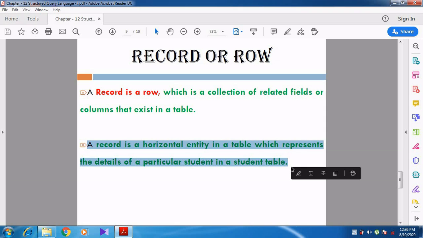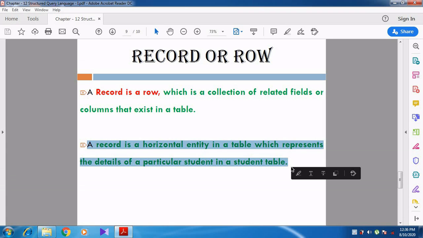It is a horizontal entity in a table which represents the details of a particular student in the student table. So each and every row describes each and every student's information. If you take a particular student name, Adi, that is used to store the name of the student.